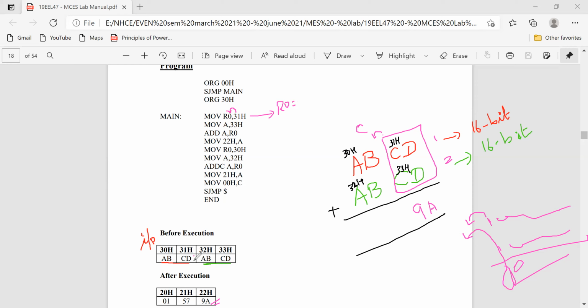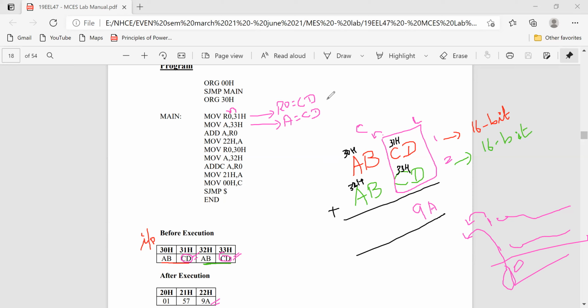It will have CD. Now in the accumulator, I'm taking the other CD, which is in location 33H. These two locations I'm taking because these two are the lower bytes.